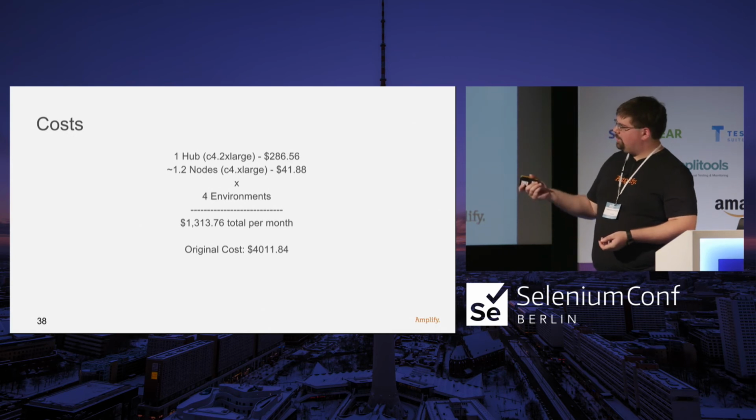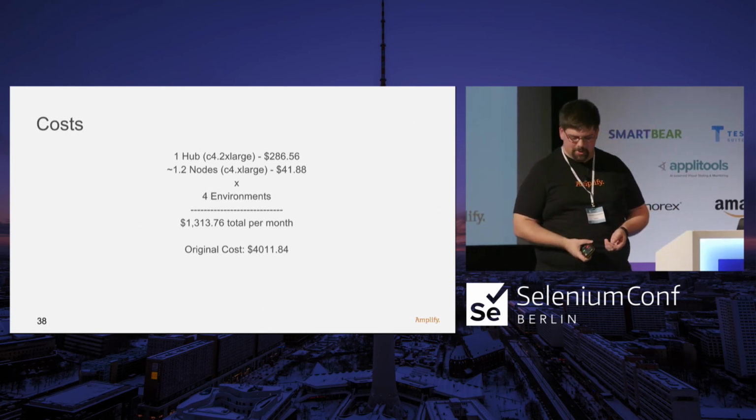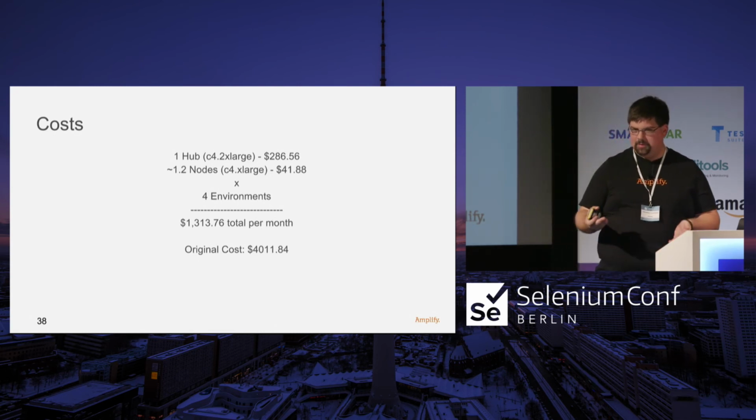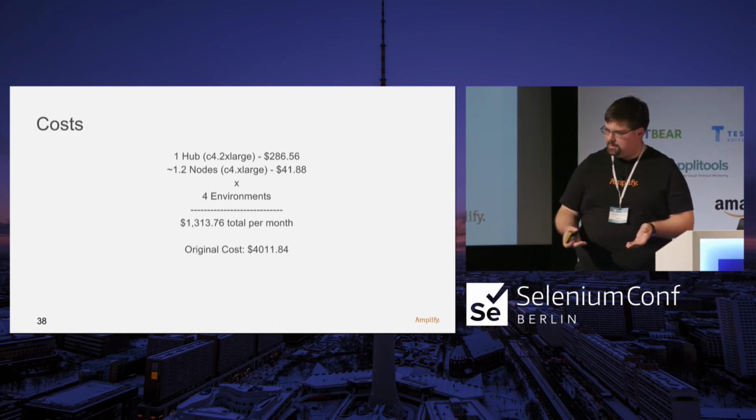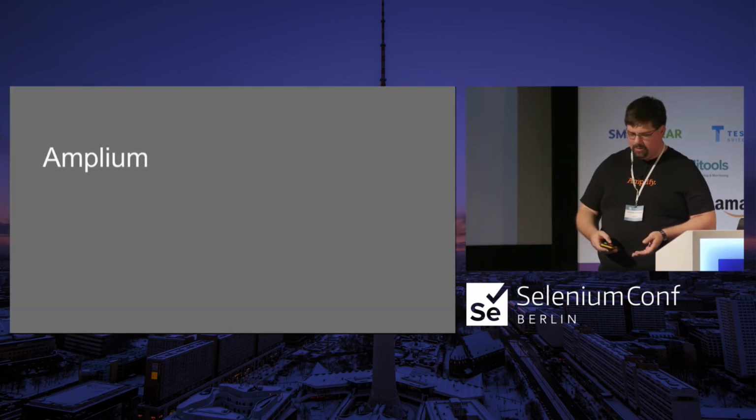And now we're costing about $1,300 total per month across the 4 environments, down from our original $4K. So about a $500 drop across everything, which is pretty good. But we can do a little bit more. So with Amplium,